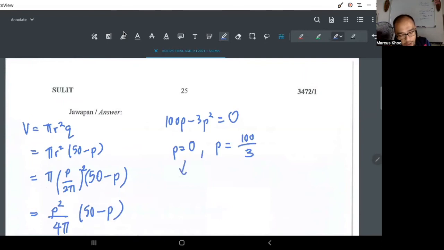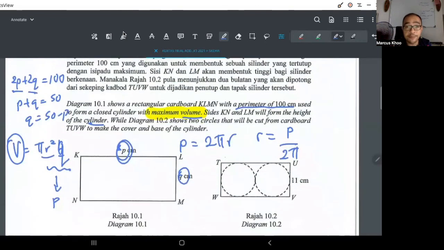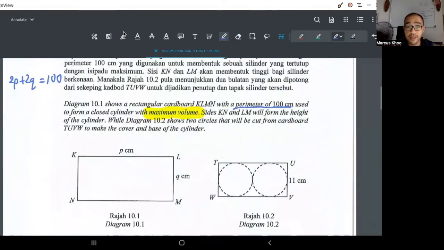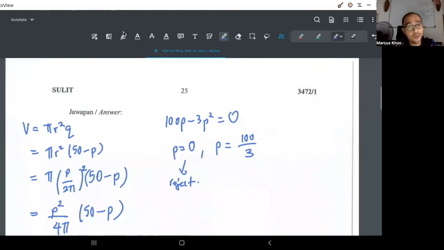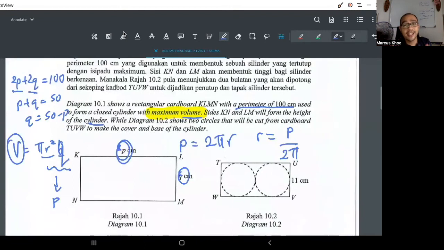Okay, p equals 0, obviously we reject, because how can p be zero? P has to be 100 over 3. But we are not done. The question is asking what? The question is asking,